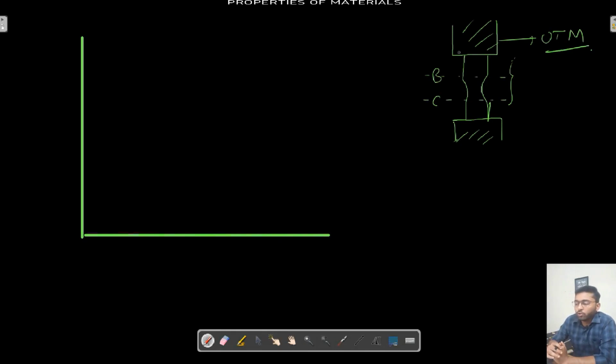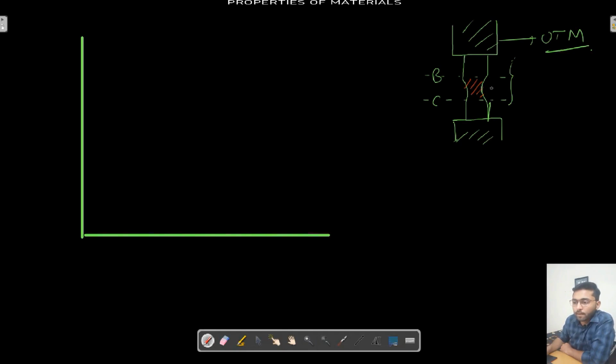Whenever we use this mild steel specimen, what we do is we try to reduce the area at a particular region, so that if the forces are applied in this bar with the help of this UTM machine, either tensile force or compressive force, the stress concentration observed in the BC portion should be more than the stress concentration in the upper and the lower portions. Here in this BC portion the stress concentration will be high, and if this bar is about to fail, the failure will only be observed in this BC portion only.